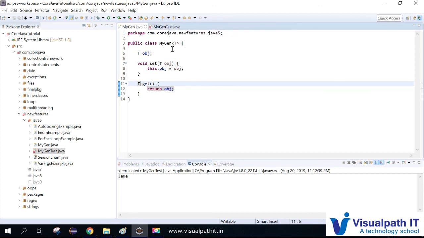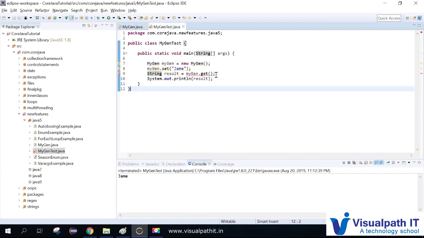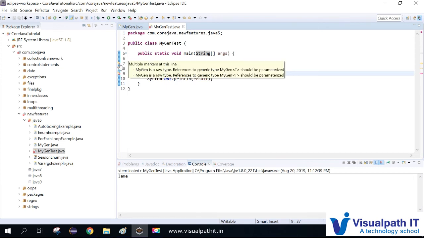So our class is now generic. What we did is suffix the class name with T in angle brackets, then use T for all the types. Now this is called a generic class, and these are called generic methods. When you come to usage, it gives some errors and warnings.